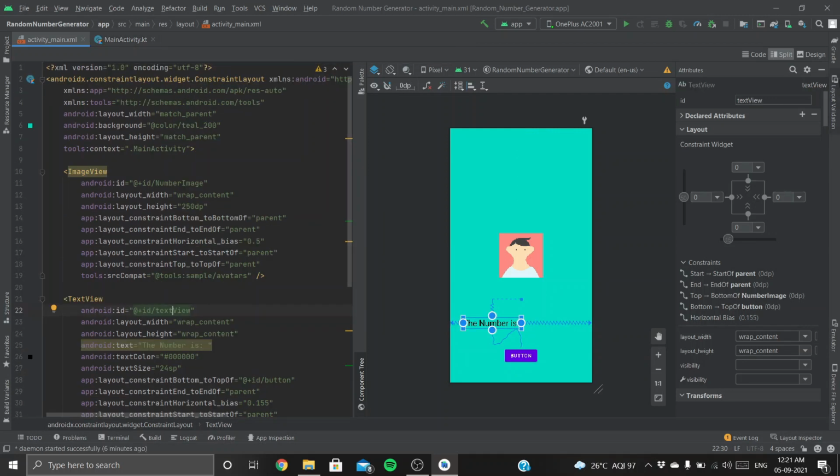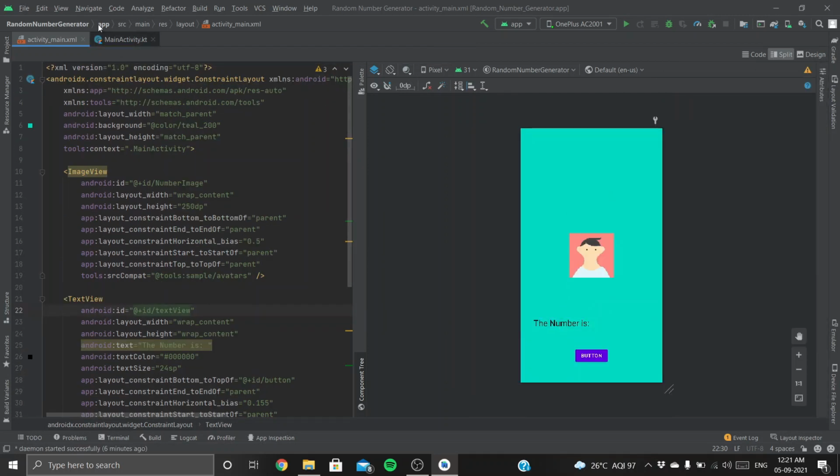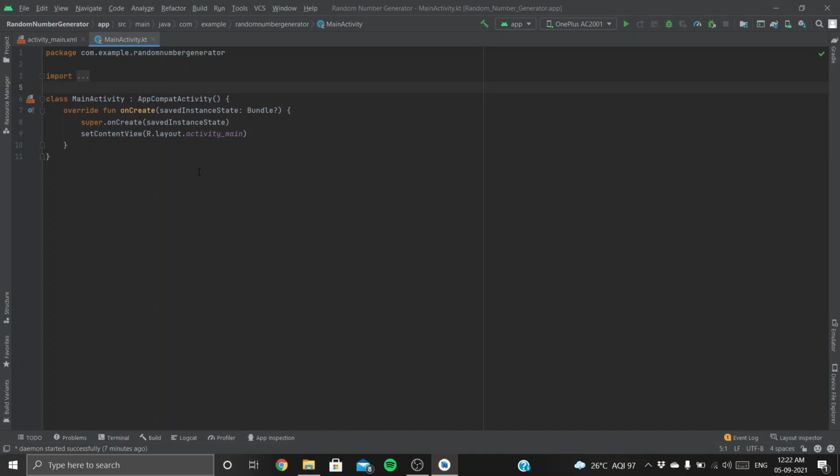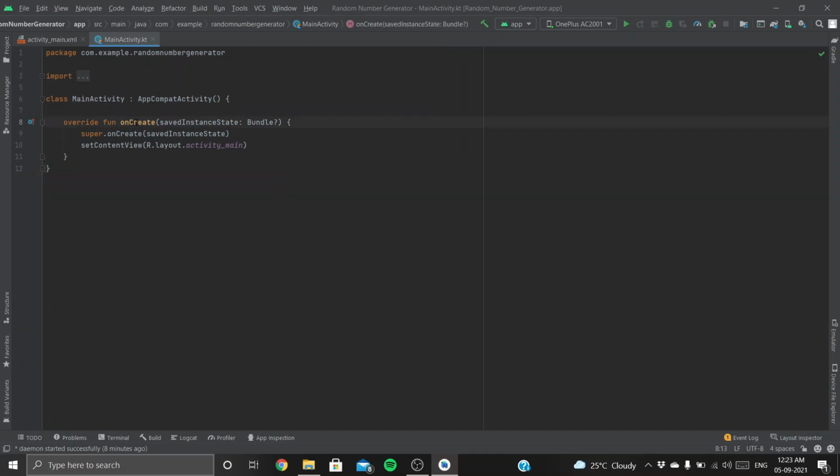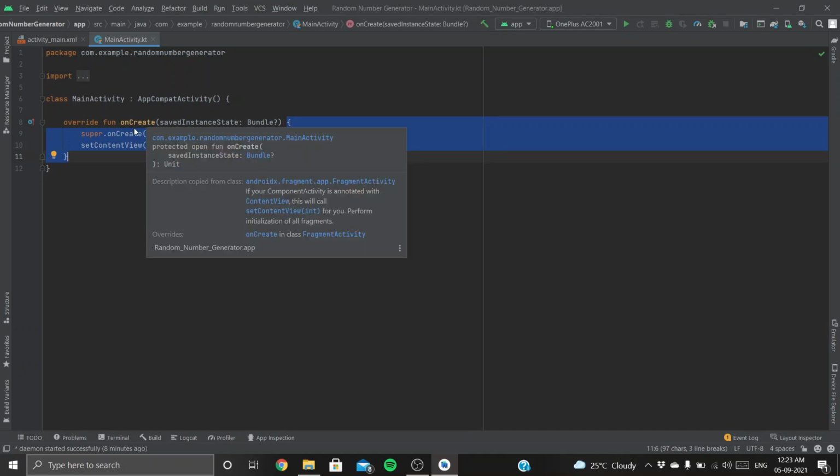Now let's jump on to main activity where we do our program. So this is our main activity. As you can see, there's something called a class MainActivity. This is your main class, inside which you will write all your functions and code. So there's an override fun thing. Let's not talk about override now, but fun is a keyword for function. So this block of code which you can see here is a function. The function is the onCreate function in this case.